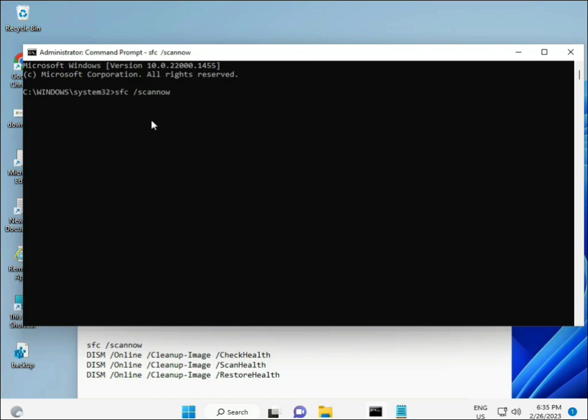Then guys, I have some commands to repair some corrupted Windows files. So this command I will give you in the description link, so you can directly copy paste. Okay. First command is sfc /scannow. You look at the screen. So when you enter it, some percentage starts and it finds out any corrupted files. Okay. And then second